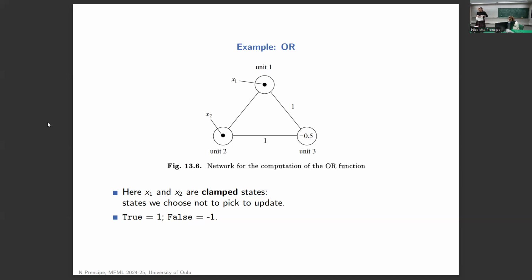And also we have to assume another thing. I told you that we pick units randomly and we update them, but we can also choose a priori, as the first part of the algorithm, never to update x1 and x2. We say that those are clamped states, so states that I decide not to update. And in this case, I want to do x1 or x2, as you see in the picture, and those are the ones that I don't touch. If I don't touch them, it means also that I don't care about the edge between them, and I don't care about the threshold because I never update them. So what I'm doing here is